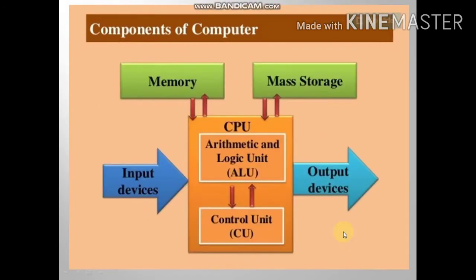Now there is a big diagram, that means the parts of CPU are also here. That means an arithmetic and logic unit, control unit are also there. That means if you input the data through keyboard, it processes it in the CPU. After processing, suppose the data is of which type? Arithmetic and logical type. Arithmetic means mathematical functions, addition, subtraction, multiplication and division, and logical means comparison.